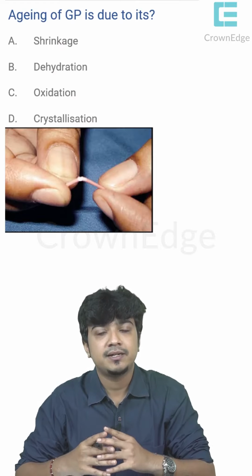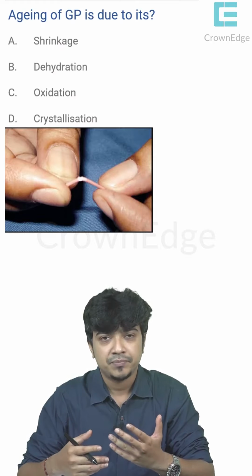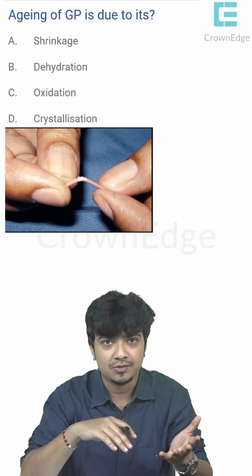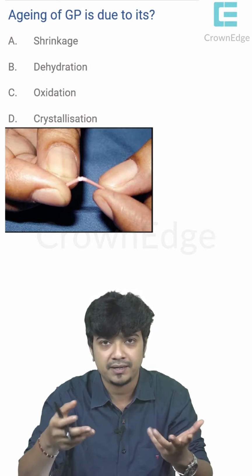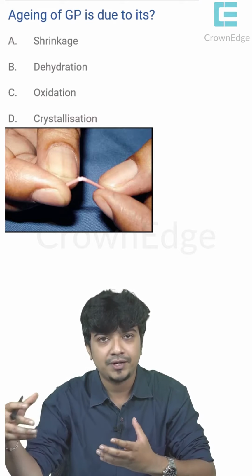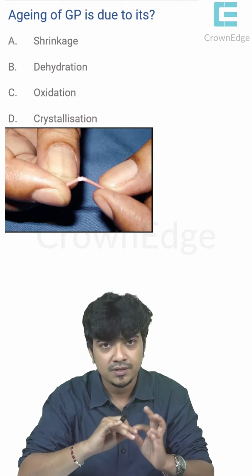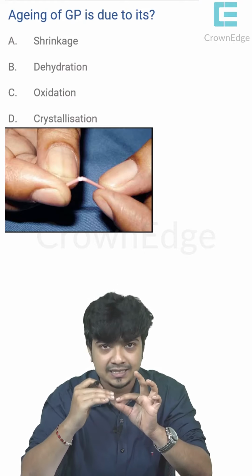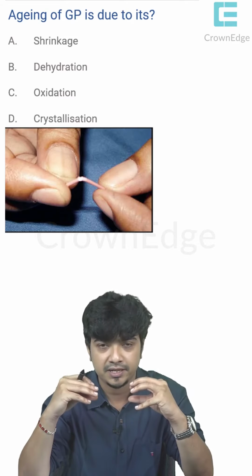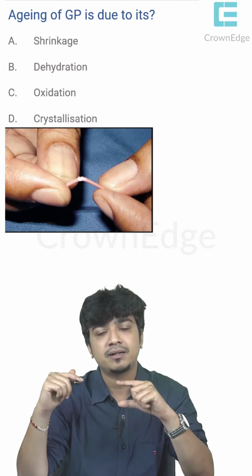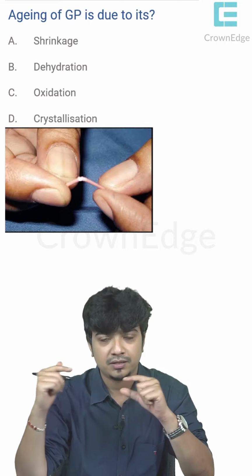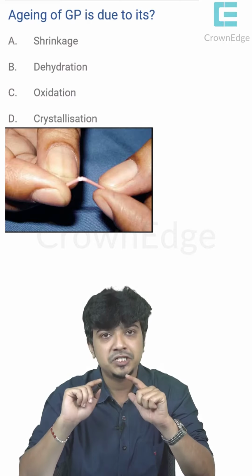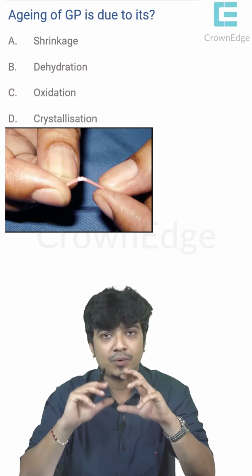The next question is regarding the aging of gutta percha. If you have ever noticed, you can take a gutta percha cone and just leave it outside in the light, sunlight, or ambient air, and you'll see over time that it gets brittle. There is brittleness of the gutta percha and it just snaps when you're using it, and there are micro cracks in the gutta percha outer surface layer which can inhibit the sealing capabilities of the gutta percha cone in the root canal system. And that is the reason why brittle GP should not be used while obturating.